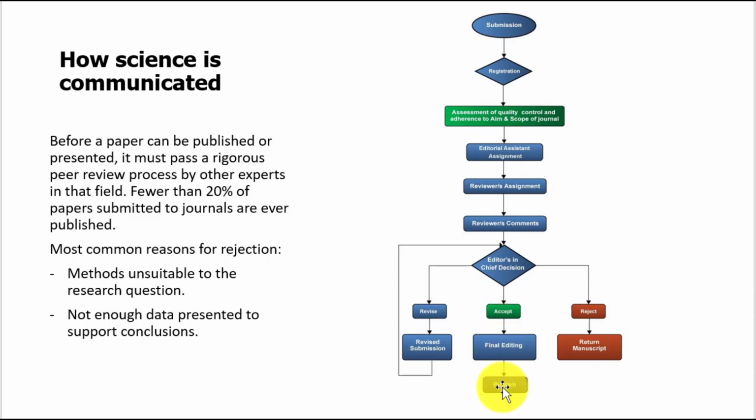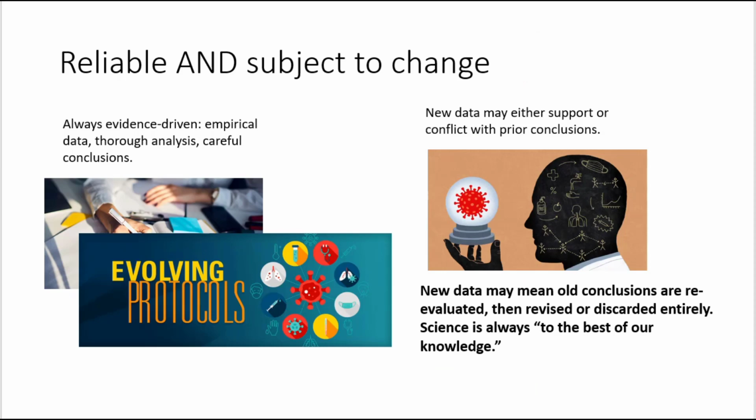From there, the papers that are published are sometimes picked up by the media, think like newspapers or news outlets, things like that, and that can sometimes change the narrative or misconstrue the ideas that were being communicated in that paper, mostly because science can often change. The more data we collect, the more experiments we run, the more precise we are in our understanding of how something functions. But all science is evidence-driven, empirical data that goes through thorough analysis, which draws us to very careful